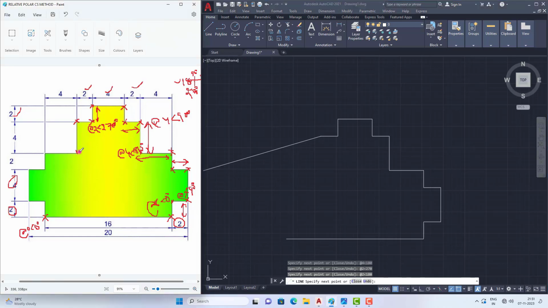And see, we need to move in the downward direction from here at a distance of 4. So at the rate 4 less than 270 is the coordinate value of this. See, the previous point, so you need to put the cursor like this at the previous point, and you need to calculate the coordinate value of the next point and the corresponding angles related to that, so that you will get the corresponding values relating to that.